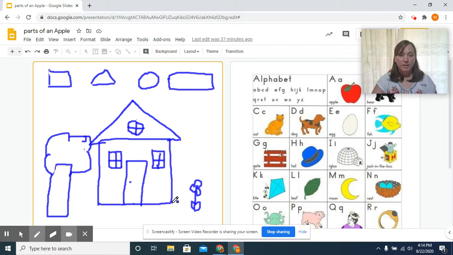We could also add some grass. We could make like the letter, almost like the letter W. Just make the grass go up and down. And now we actually have a picture